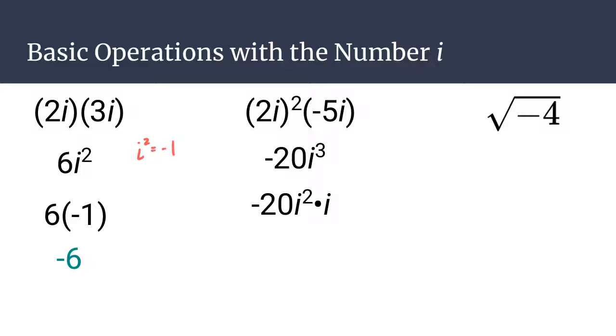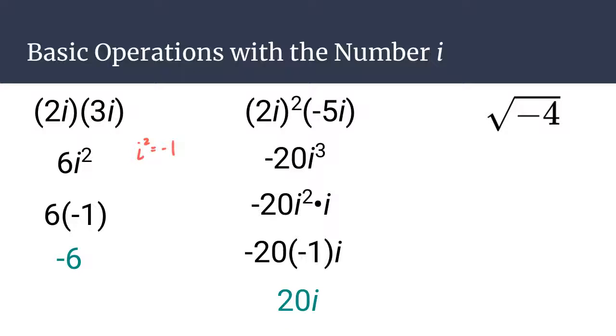That's important because we have to remember i squared is a negative 1, and you still have that negative 20 out front, so you have the negative 20 i squared times i, and then i squared again is a negative 1, and so this turns into negative 20 times a negative 1 times i,